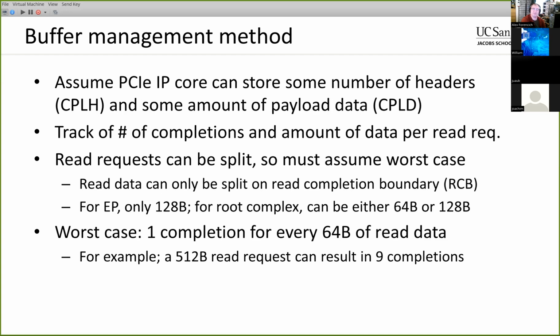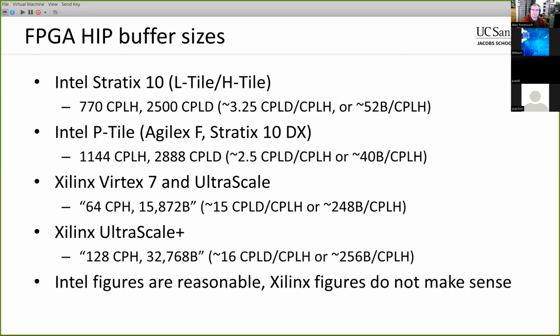So yeah, if you don't have enough header credits, you're going to run into the header credit limit long before you run into the data limit, which is potentially problematic if things are designed correctly. So taking a look at the main FPGAs that are supported by Corundum right now,